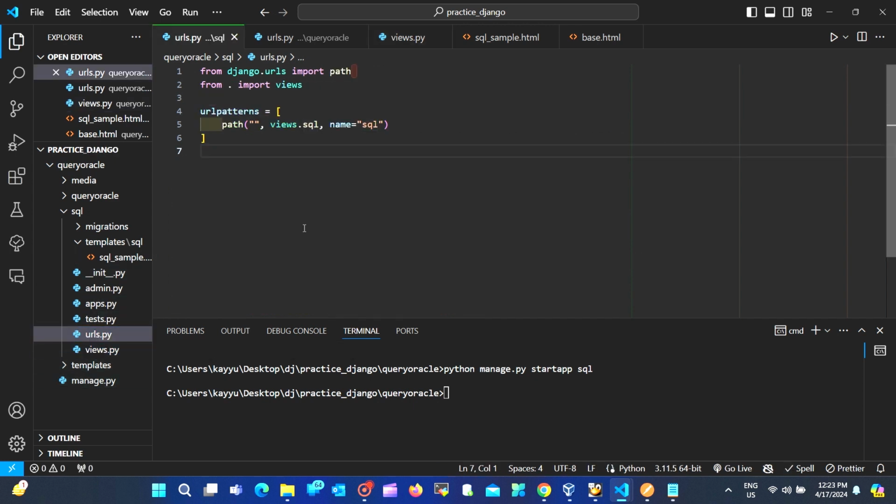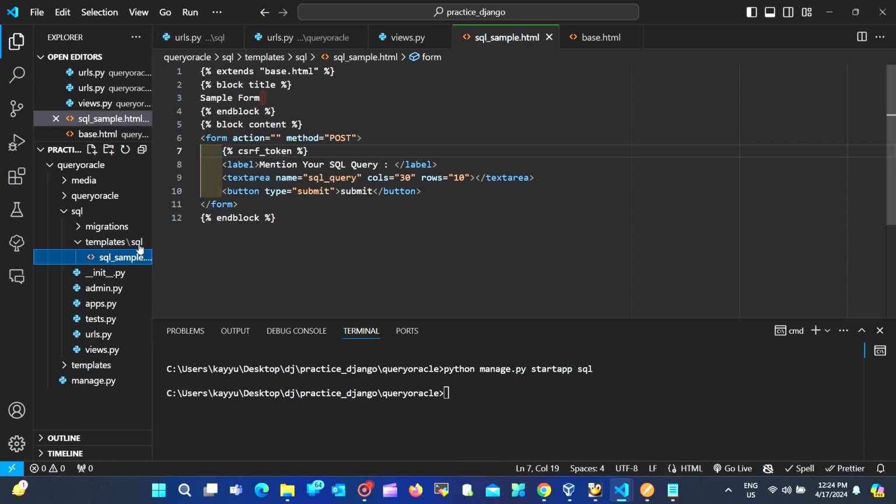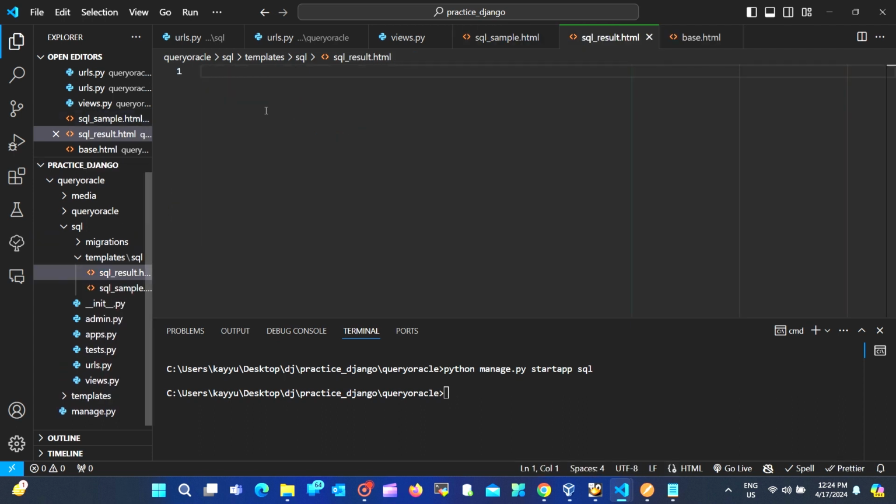So now oracledb, import this as well if it is available. It will help the view to execute the queries on the database side. Okay, so this is all about the app section. This is enough. We can move